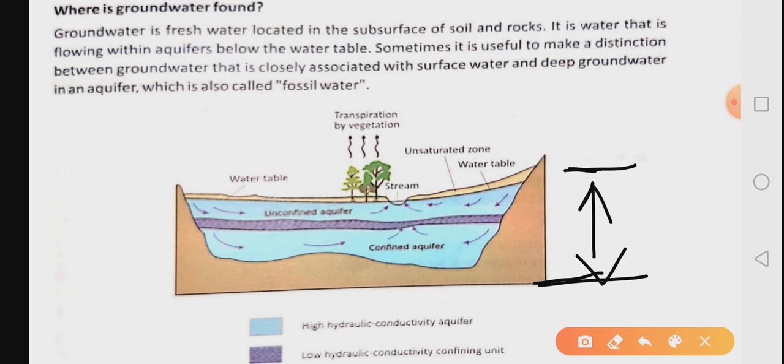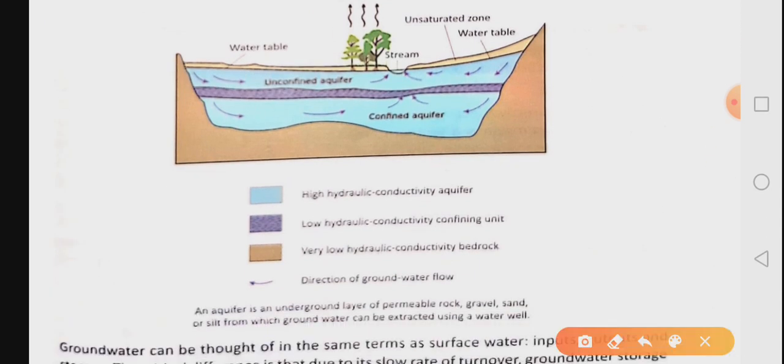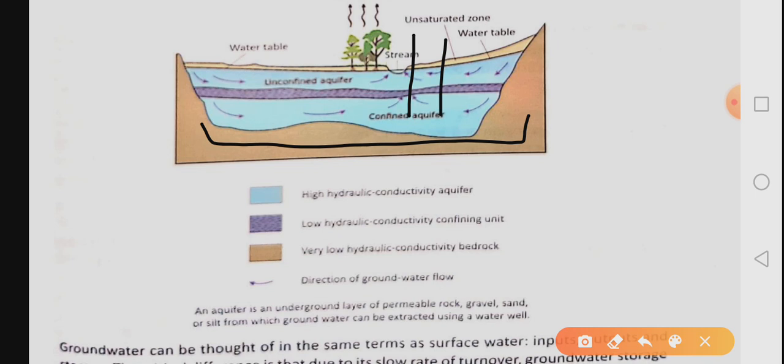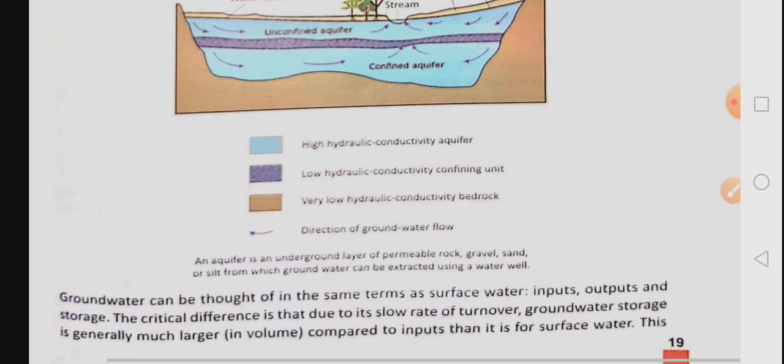And you know, the stones underground are permeable. Permeable means they have small pores or holes in them. Here is the word written: permeable rock. Permeable rock is the rock in which there are very small holes, just like the holes in the strainer in which you strain your tea. The water gets absorbed by those stones and then it is stored over this bedrock. And when we need the water, we can make a bore here and take it out of the ground and use it. It's fresh water, it's clean water.